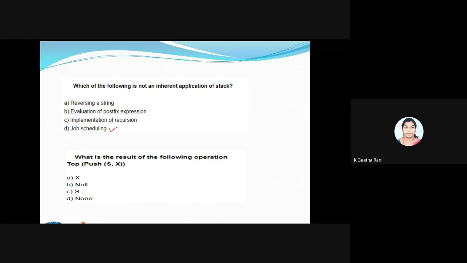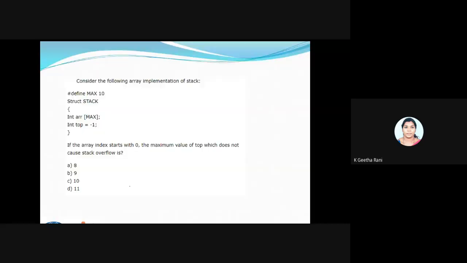Good try, guys. The answer is going to be the first one. So push s of x: s is going to be the stack, and x is the element I'm going to push. Top of s gives me the value, so it's going to be x.